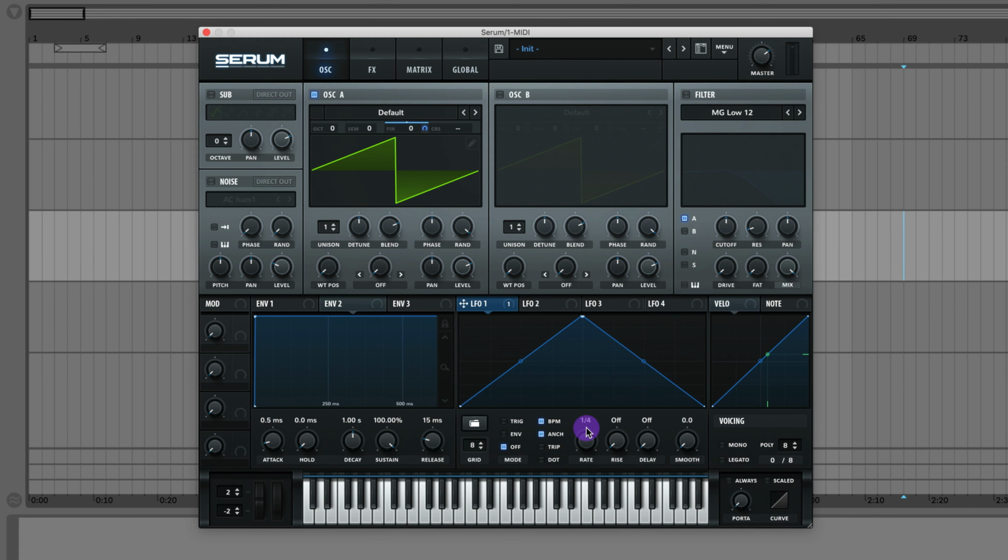Just having it start at random start points. Now, other than these modes, we've got the BPM. So you can see I've got the rate at 1/4, and you've got speeding it up all the way to fast. And then you see all the rates according to the BPM. So 1/4. We've got anchor, which means that if I change this knob,